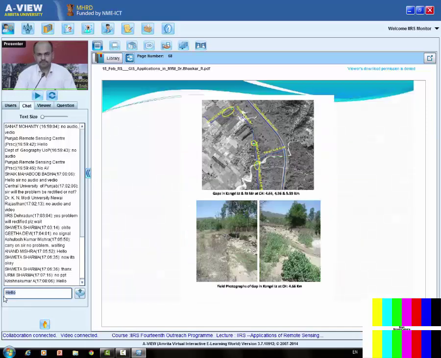So now I was trying to show you how it appears in the satellite image. These blue lines are the canals digitized, and these are the pictures. So I was showing this is a Kangri left and Kangri right minor, and if you can see on the remote sensing data, this particular natural stream, the signature is continuous. Okay, now you can see here the canal passes over this natural stream, and you can see here